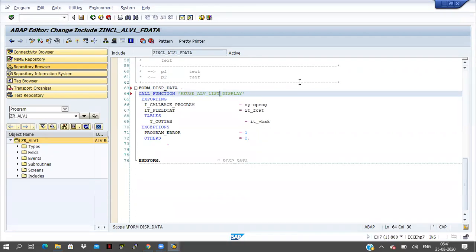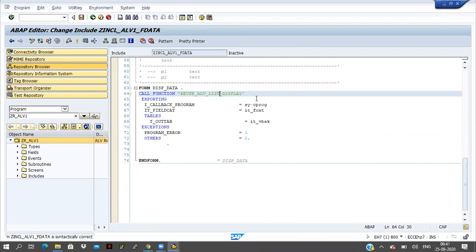The grid display and list display have different input and output parameters, so we should not do this in real time. But these are the common fields: whatever I'm changing here, the program name, the field catalog, and the table t_outtab. These are common in both grid display and list display. That's why I'm changing to list display here.